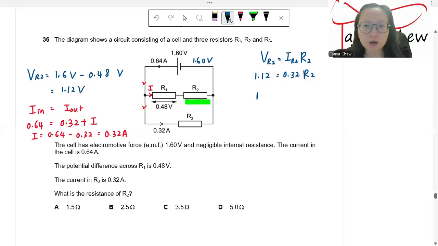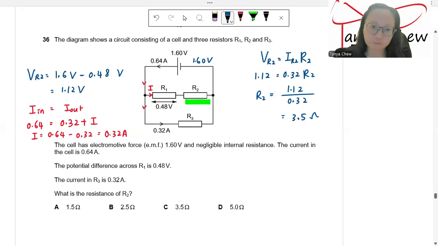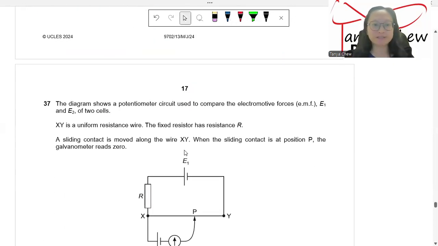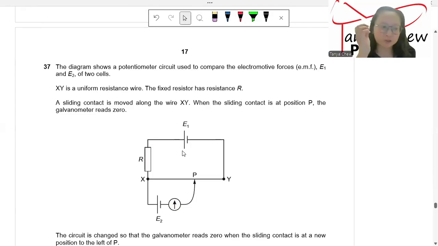R2 is equal to 1.12 divided by 0.32, and you're supposed to get 3.5 ohm. C is the answer. Question 37, the diagram shows a potentiometer circuit used to compare the electromotive forces (EMF), E1